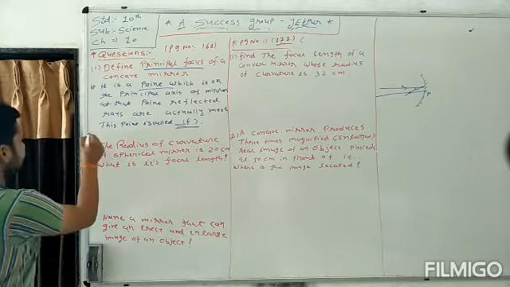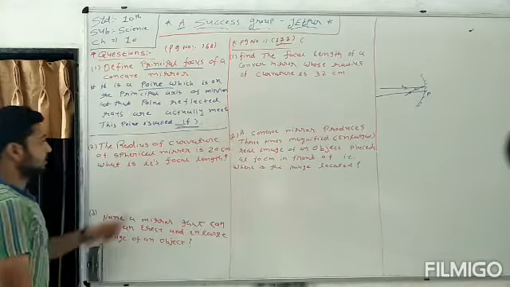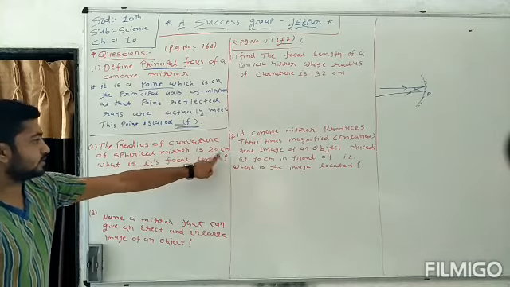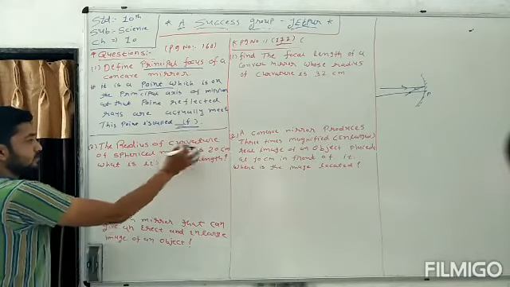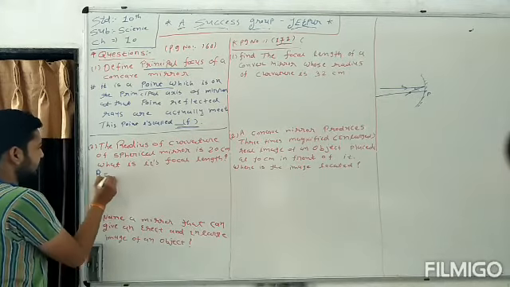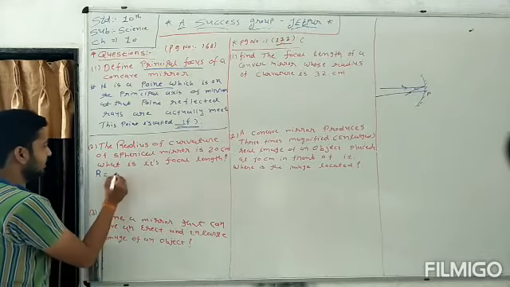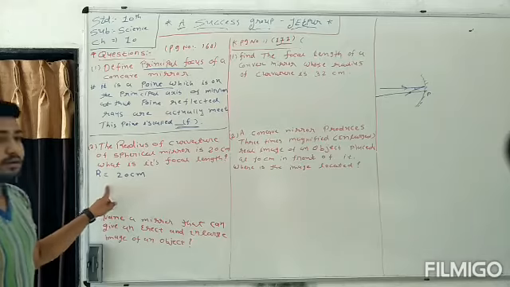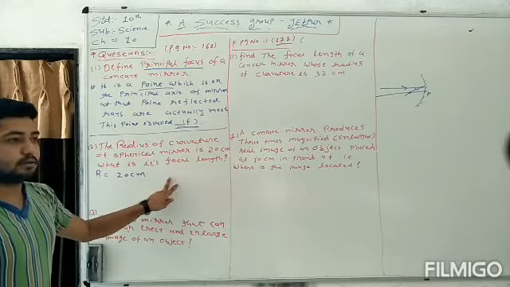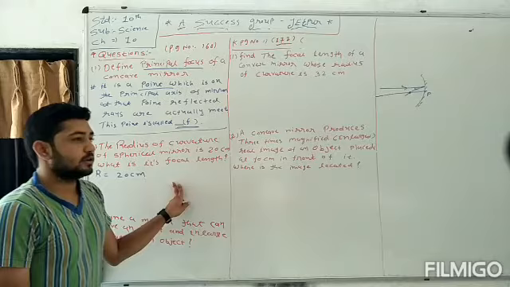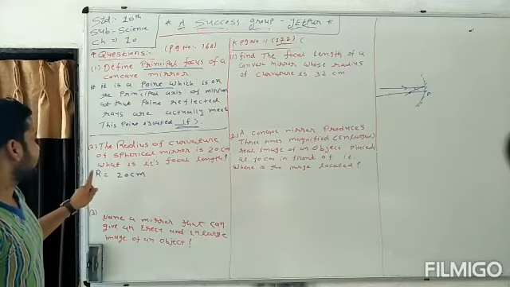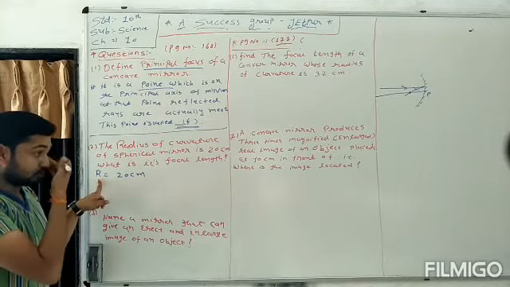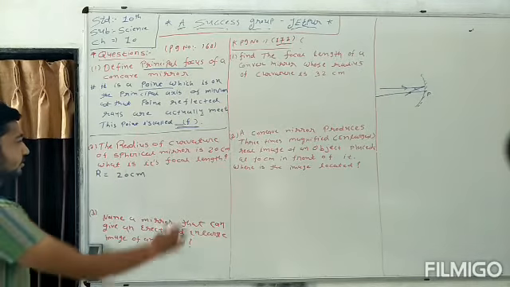Now second question is, the radius of curvature of spherical mirror is 20 cm. Radius of curvature is denoted by capital R. It is 20 cm. Here it is not given whether it is a convex mirror or concave mirror, so we do not identify whether focal length or radius of curvature is positive or negative. So generally we take positive.